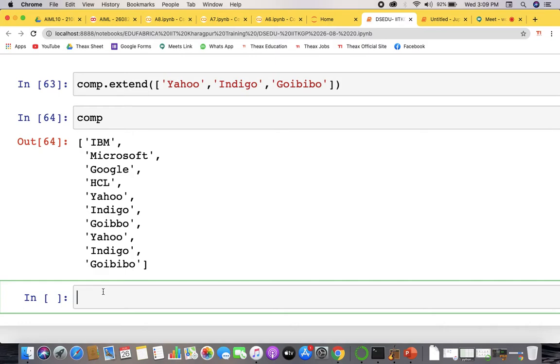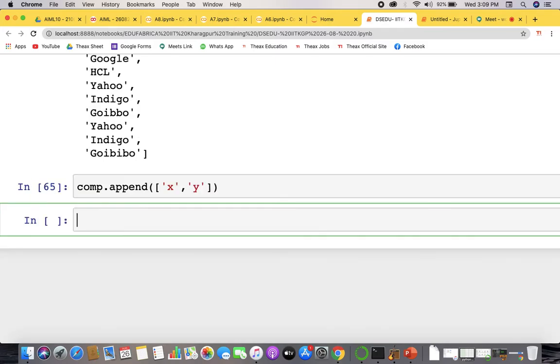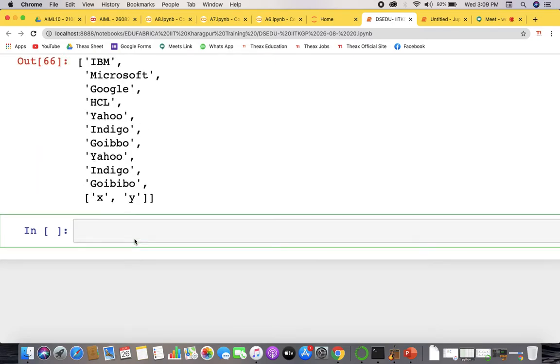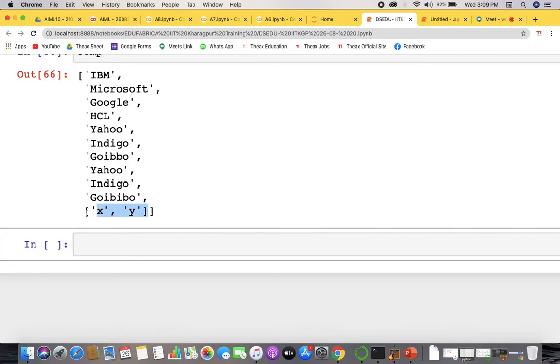See, both can be used for adding values. But when you write more than one value with append, let's say x, let's say y, that will be added exactly as another list.